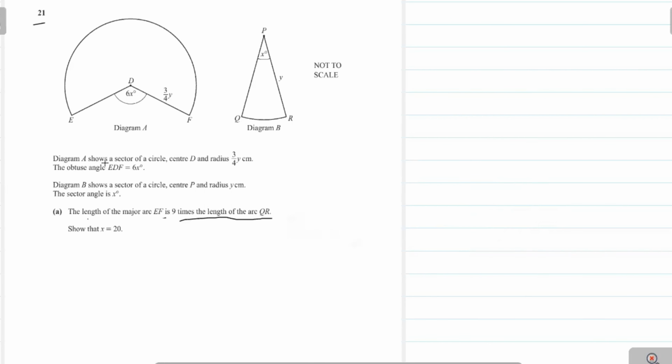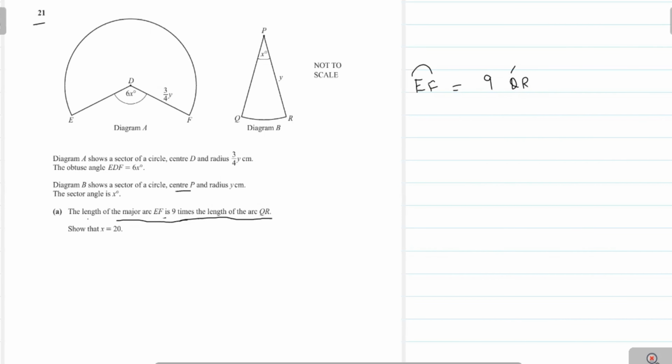Diagram A shows a sector of a circle having radius 3 over 4y. Diagram B shows a sector of a circle with center P and radius 5 centimeters. The length of major arc EF is 9 times the length of arc QR. Now you see here the major arc length EF is equal to 9 times the arc length of